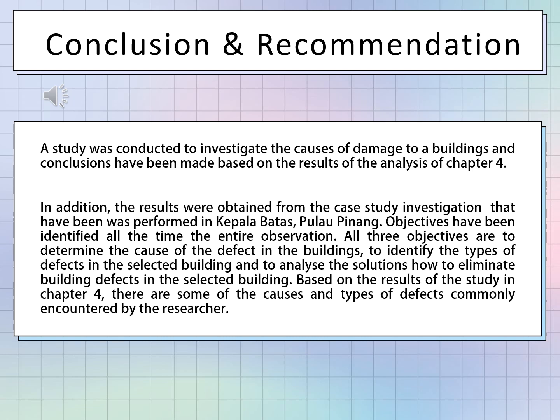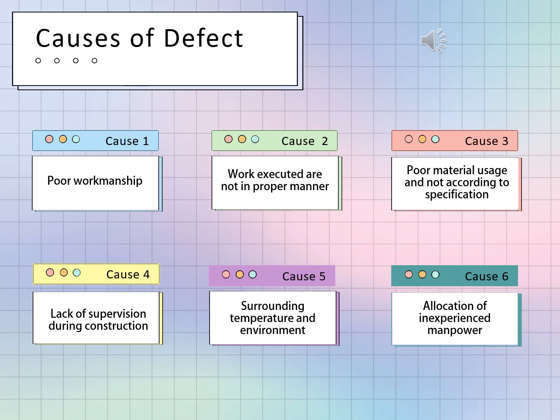Based on the result of the study in Chapter 4, there are some causes and types of defect commonly encountered by the researcher. This is the result of the causes of defect in the building. Cause 1. Poor workmanship. 2. Work executed is not in a proper manner. 3. Poor material used and not according to the specification. 4. Lack of supervision during construction. 5. Surrounding temperature and environment. 6. Allocation of